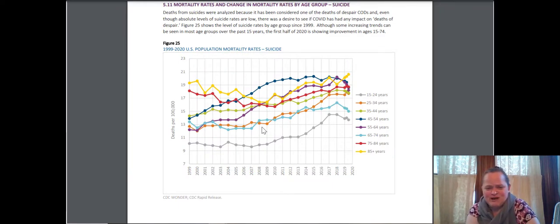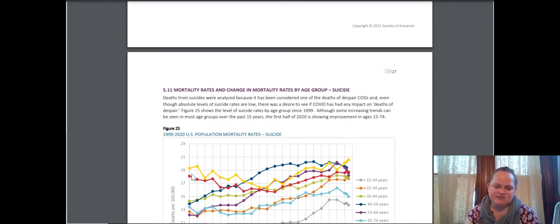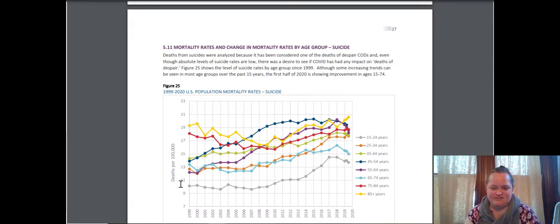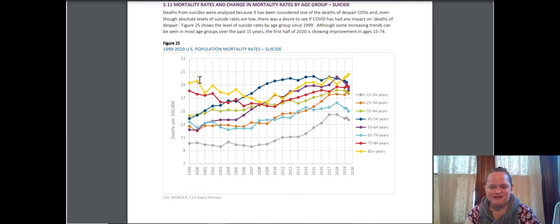So if we look at the rates for suicide, and again, I want you to look at this vertical scale. This vertical scale is much skinnier than the other ones we were looking at. It doesn't even start at 0. It starts at 7, and it really just goes to 21, because it is hard to distinguish between these different age groups for